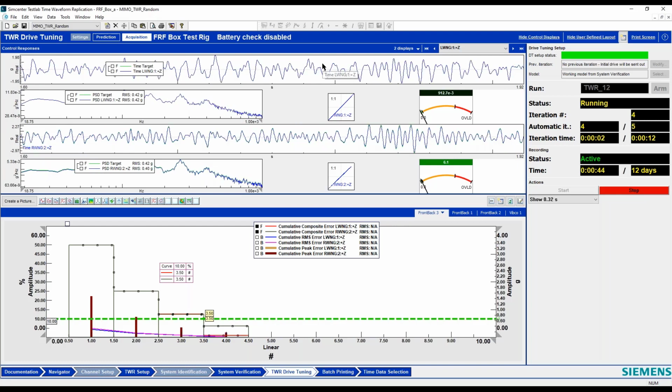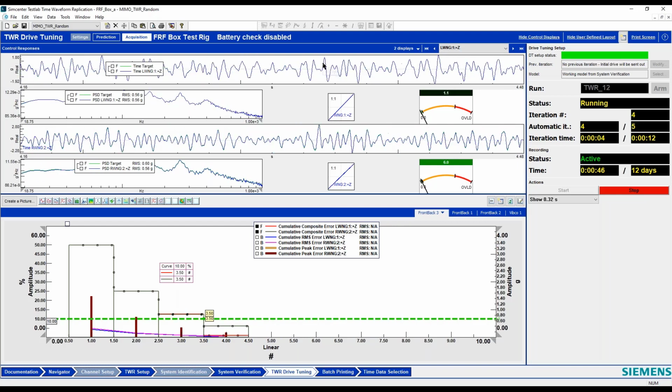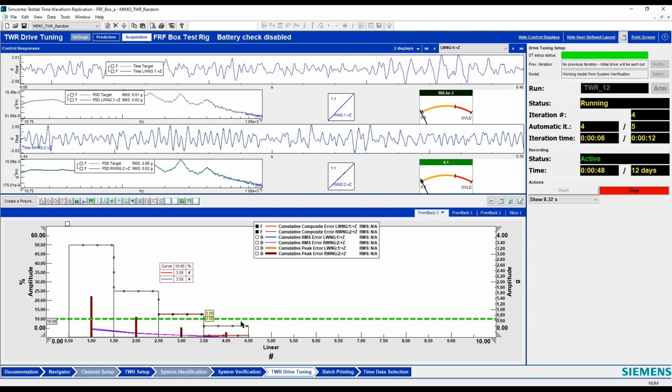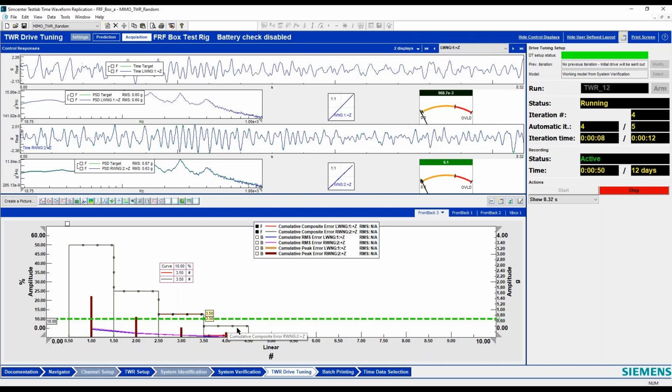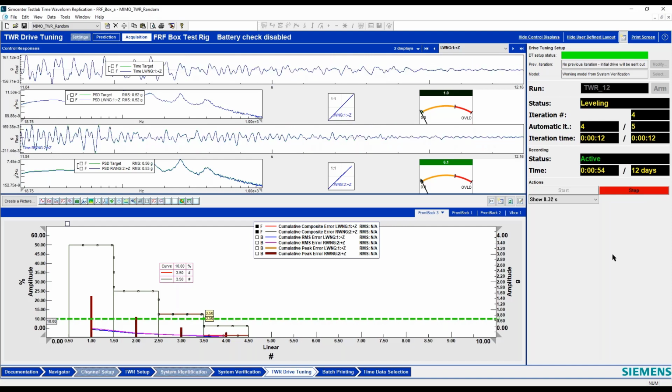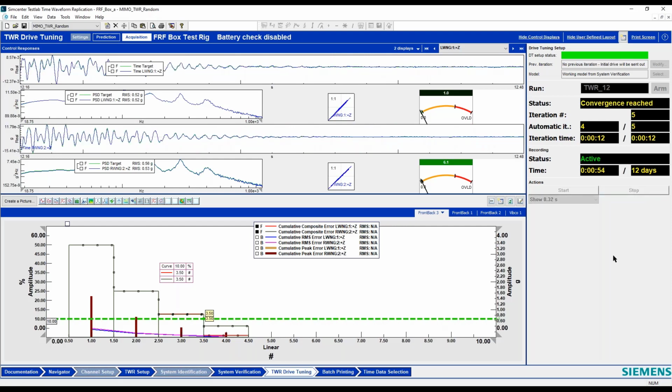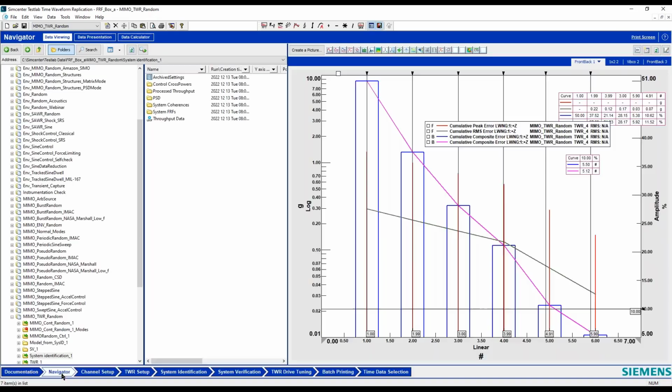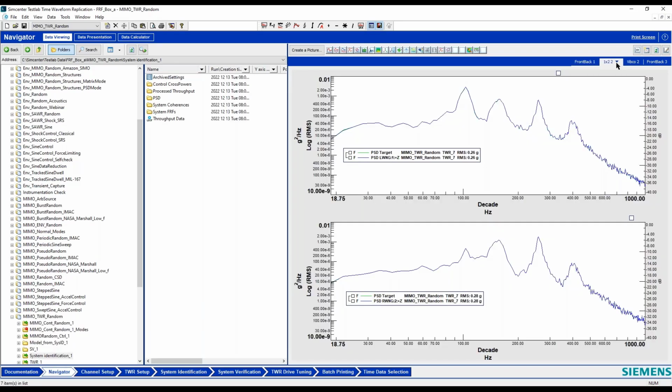This is a 12-second time waveform, so it's pretty short. But you can see now I'm below my 10% line here. So it should stop after this. So convergence is reached. It's below my 10% criteria, and now the test is stopped. So then I can come back here and look at the error, and I can plot the error as it decreases, and my 6th iteration is down below my 10% line. So that's a way of looking at the data.